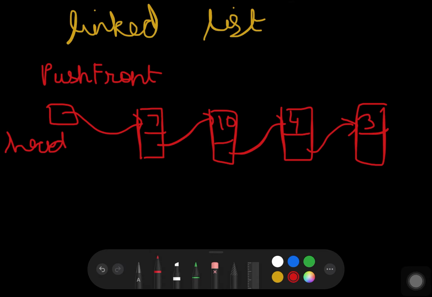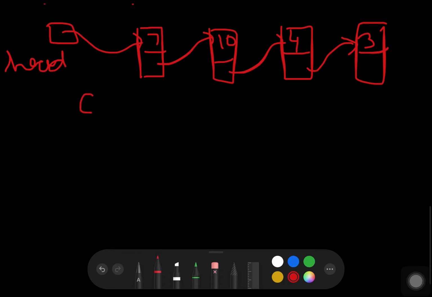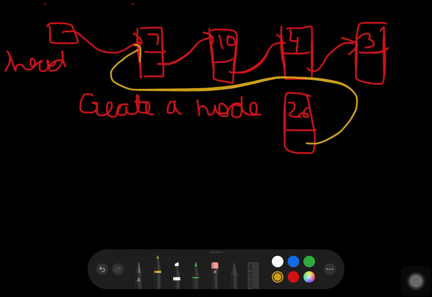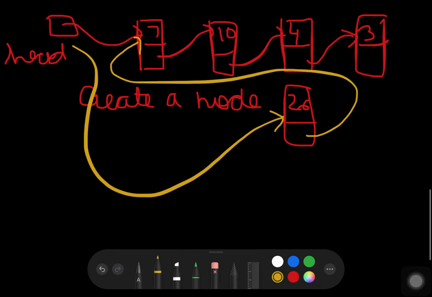Say we wish to insert the node or a value 26 in the linked list. So the first step is to create a node with value 26. Then we use the next pointer and point it to 7. Remove this head and then point head to 26.